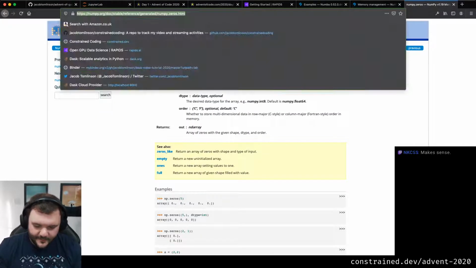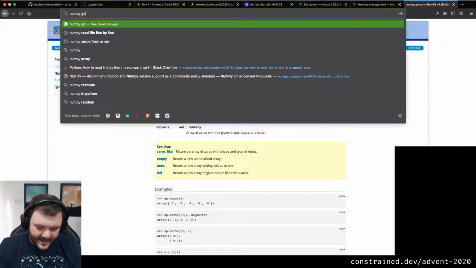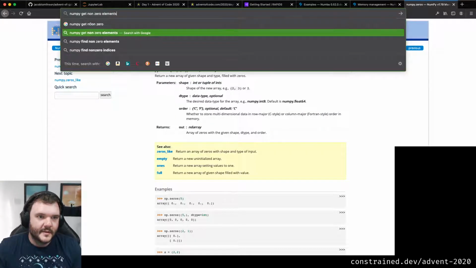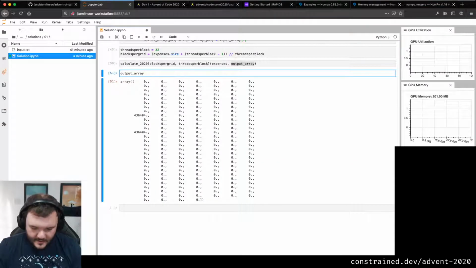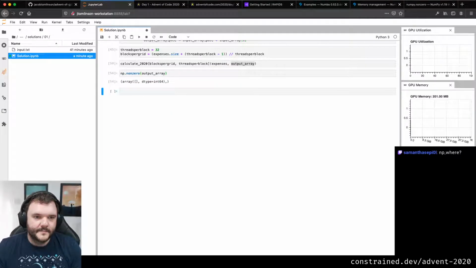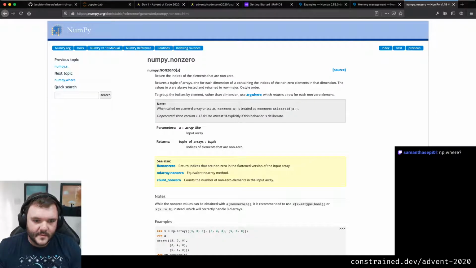Let's just do, I can never remember NumPy that well. NumPy get non-zero elements, like that. numpy.nonzero. So np.nonzero, like that. That was not what I was expecting.